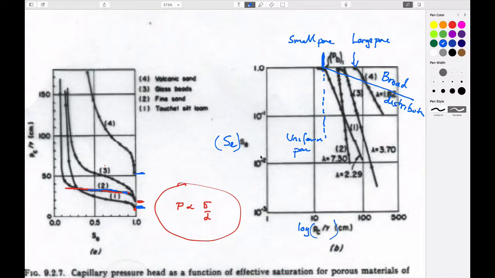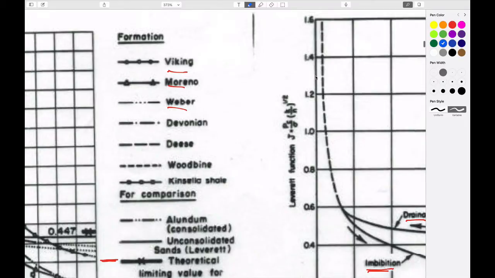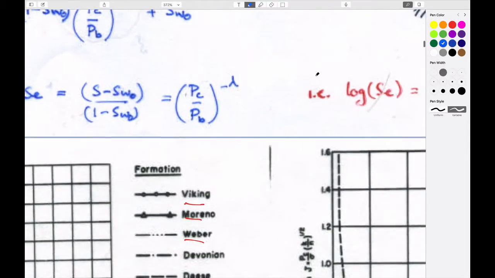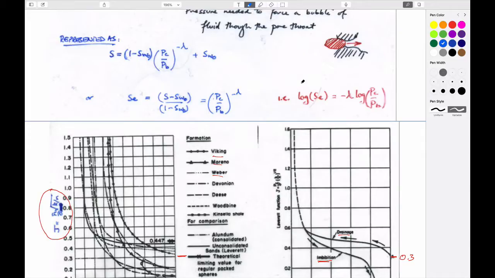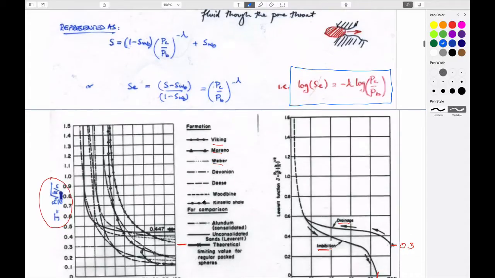And so by recognizing that if we replot these, they become an intercept and a straight line, then we should be able to write an equation that describes them. And that equation is this, which merely says that you can represent these complicated curves with a very simple equation